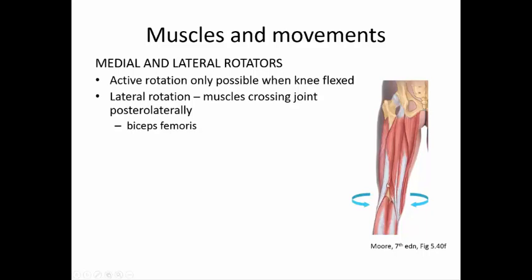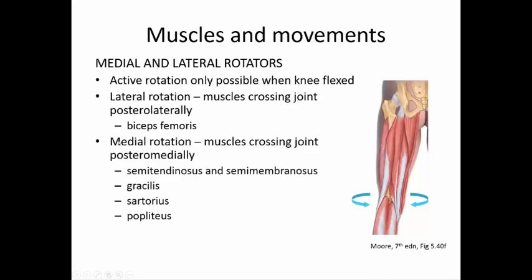That's our biceps femoris. If you flex your knee and rotate your leg and foot laterally, you should be able to feel your biceps femoris tendon tense up a bit. Likewise, if you rotate medially with a flexed knee, you should feel these two medial tendons tighten up. Medial rotation is caused by muscles crossing the joint posteromedially. So these are our semimembranosus and semitendinosus, as well as gracilis and sartorius on that pes anserinus, and that popliteus